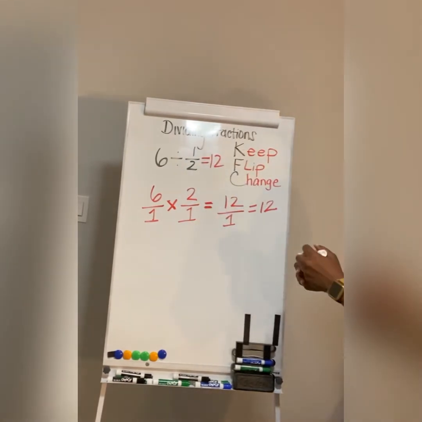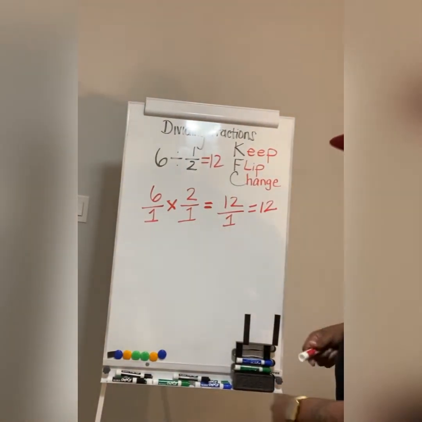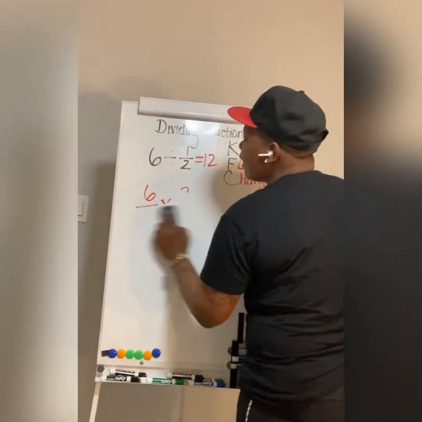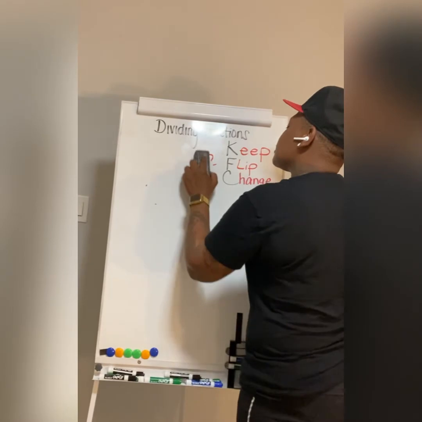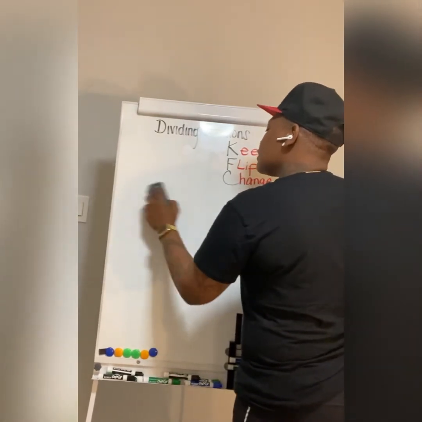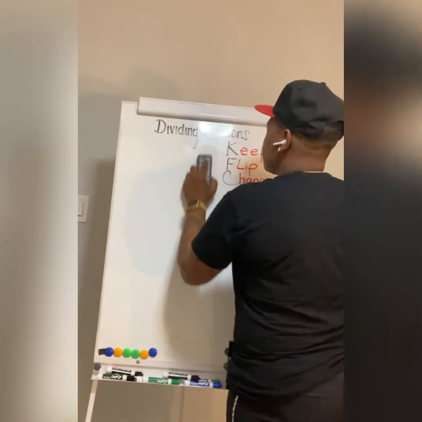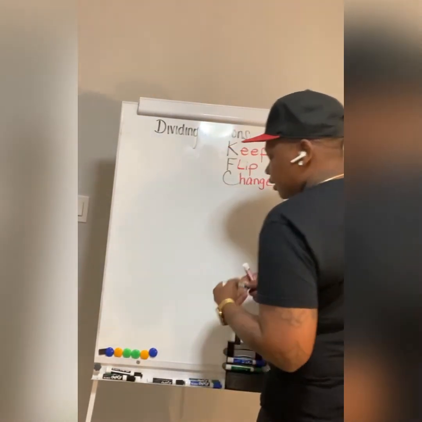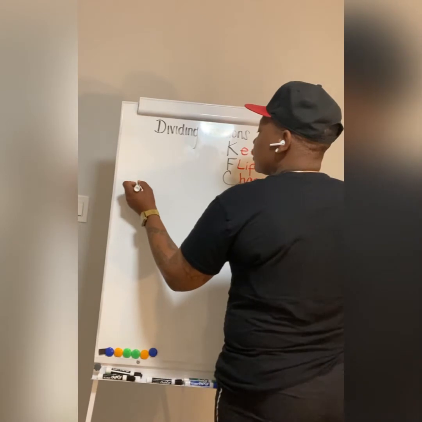We still got 12. Let's do another one. This time, what if we have 2 fractions, instead of a whole number and a unit fraction? Let's take a look. Let's do 2/3